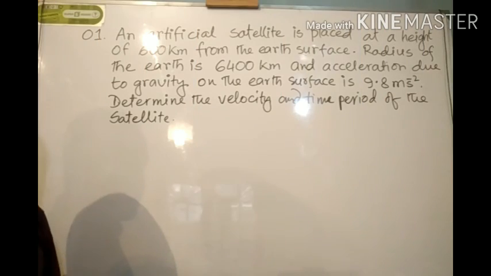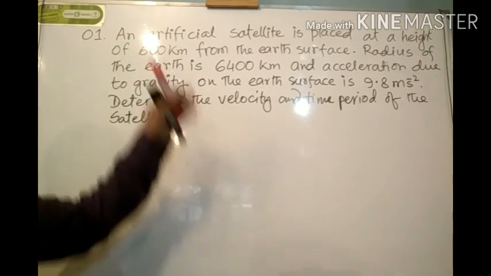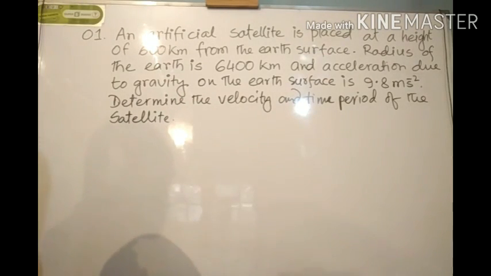Dear student, in our last class, we discussed some expressions from which we can learn how to calculate the velocity of a satellite, the time period of a satellite, and the height of the satellite from the Earth's surface. Right? Today, we will see some mathematical problems and creative questions related to the expressions that we learned in our previous lesson. Right. Dear student, here is a mathematical problem related to a satellite.